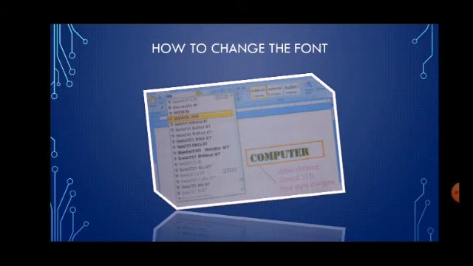Click the Home tab. Click the drop-down list arrow situated on the font button from the font group. Then choose the font type from the list and click it. So your font will be changed as seen in the pictures.